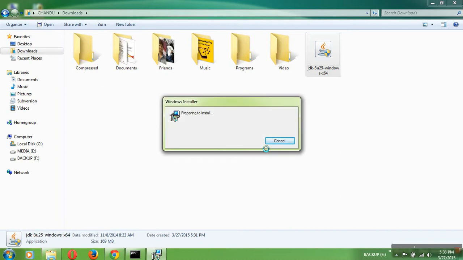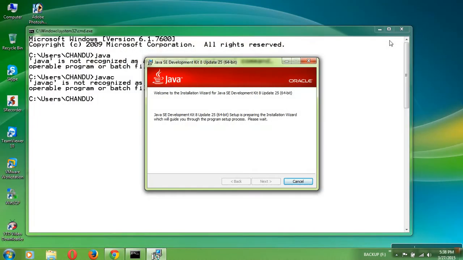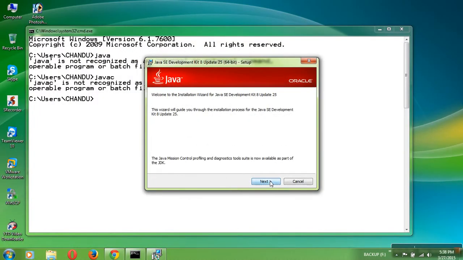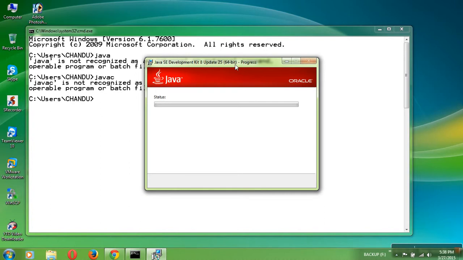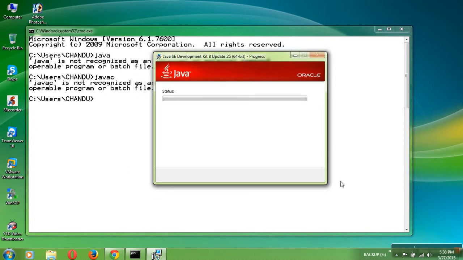Click on it and it is starting. By default it will install in C Program Files Java. It will create one folder in Program Files, and in that the JDK will be installed separately. Click on next. It will start the installation procedure.